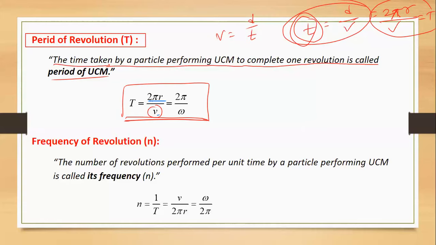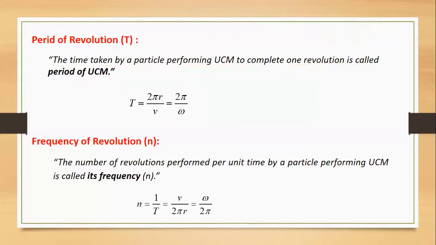Now we can take some examples for the period of revolution. Generally, you know that a watch has 3 hands. The hands are the second hand, minute hand and hour hand. The shortest is the hour hand. Then the minute hand is longer than the hour hand, and the longest one is the second hand. So the watch has 3 hands.